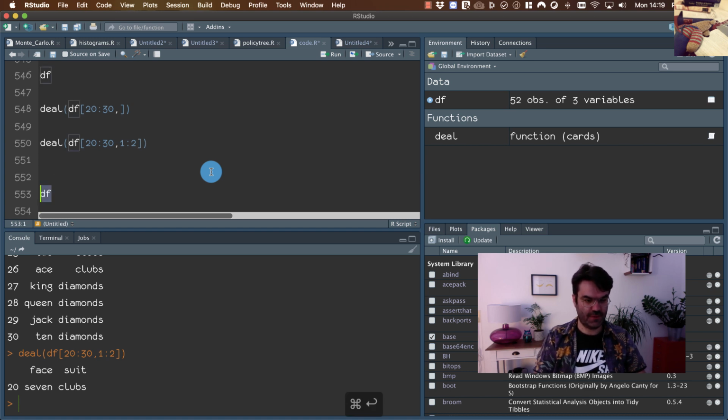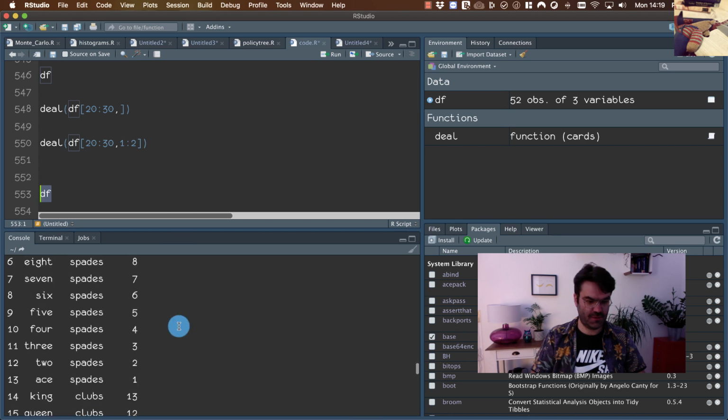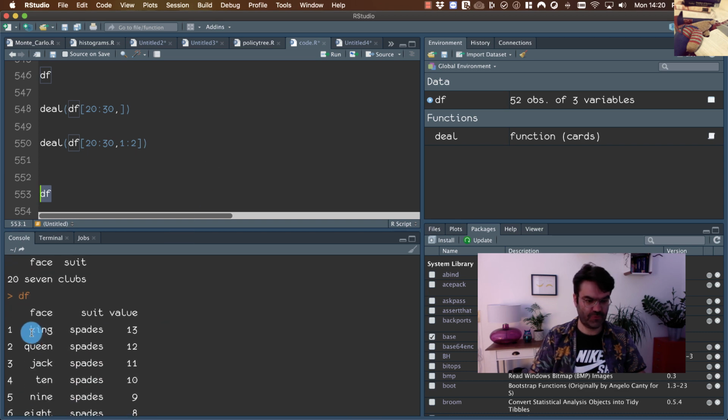So we have df. So in this exercise, we want to make king the second and queen the first. We can do this quite easily simply by writing